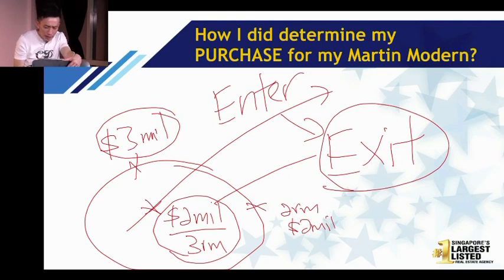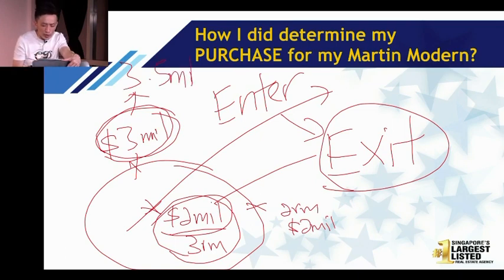I say, if I can buy at $2 million, and this guy buys at $3 million, how much must you sell in the future? Can you tell me how much you want to sell if you buy at $3 million? Type inside the chat group for me, my friend. If you buy at $3 million, how much you want to sell in the future? 4 million. Wow, 3.5 million. Thank you.